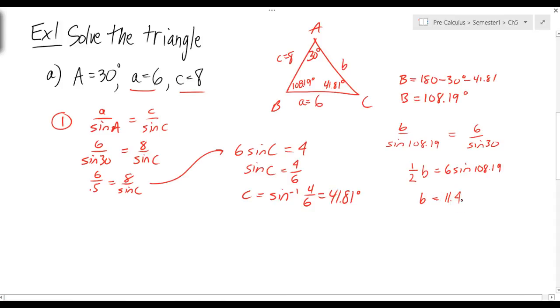So now we know all the missing pieces of the triangle. We got angle C is 41.18 degrees, angle B is 108.19 degrees, and side B is 11.4. So we were given 3 pieces, and we found the other 3 missing pieces. Okay, so we've completed step 2